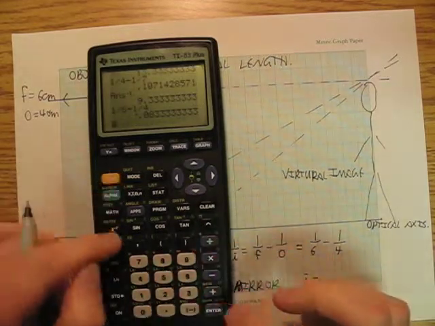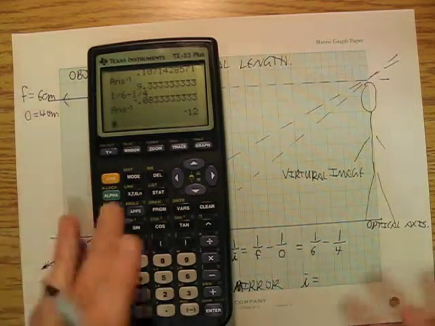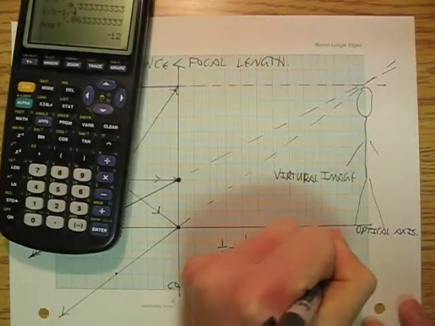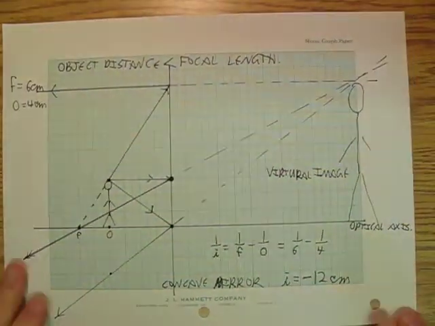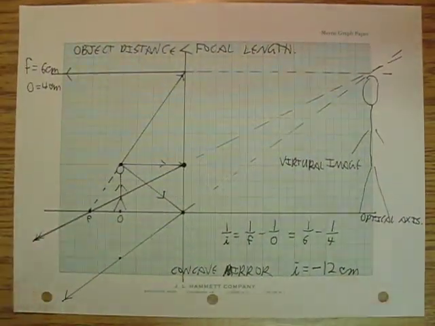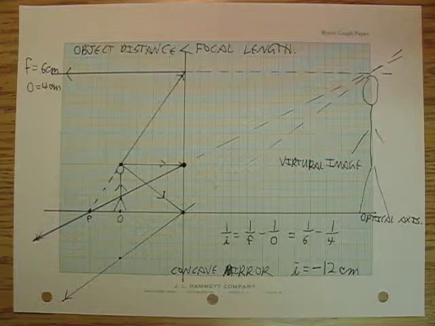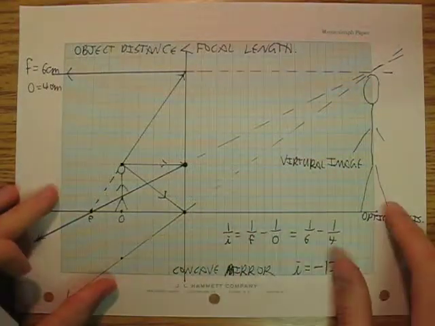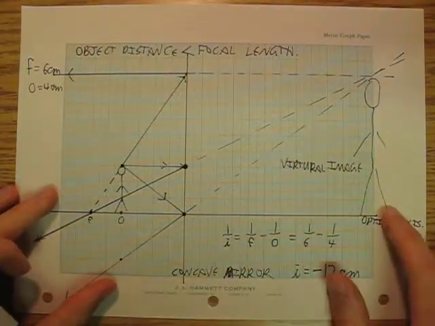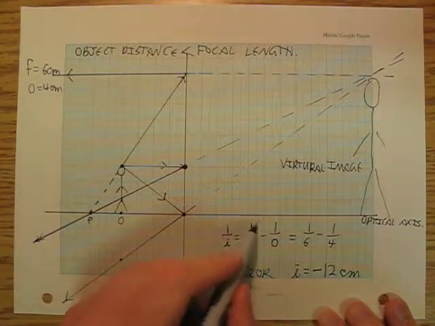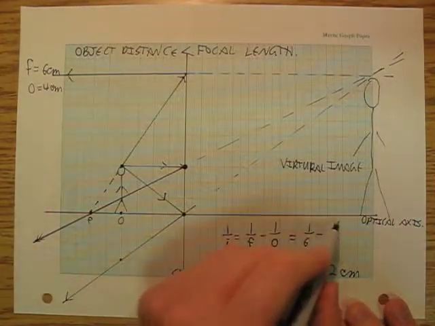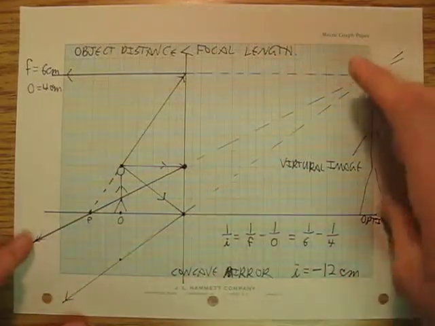I flip that. I'm going to get negative 12. We have not gotten a negative yet, and the negative means that it is behind the mirror. It's on the wrong side of the mirror. So if I count back 1, 2, 3, 4, 5, 6, 7, 8, 9, 10, 11, 12,